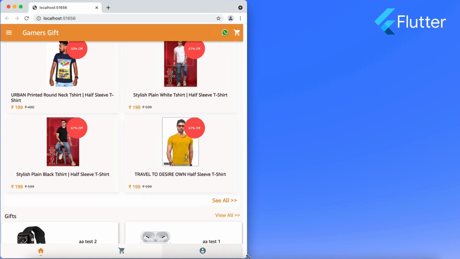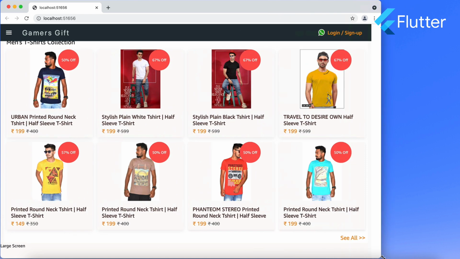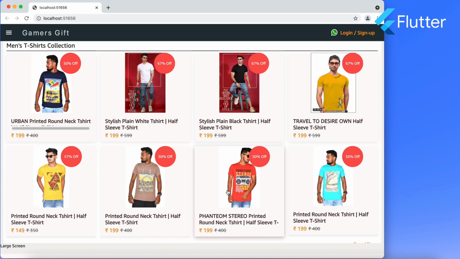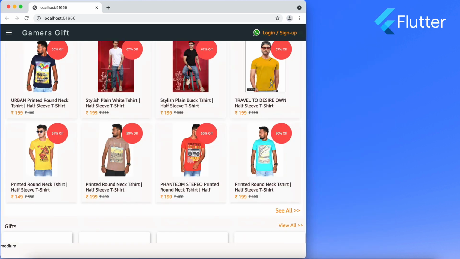If I change it, now you can see the medium size, so it is tablet view now. And if I resize it, there you can see the large screen. Large screen means the desktop browser. So you can see the changes.